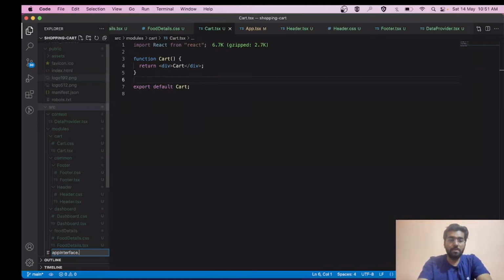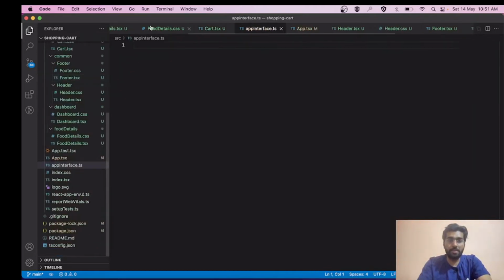So if we are using some common interfaces, types or enums, we can keep all of them over here in app interface.ts. What do I mean by common? If you are using some interface for header.tsx or footer.tsx, or some interfaces for breadcrumbs in your code, you can keep it over here, simply export it from here, and import it wherever you need it.